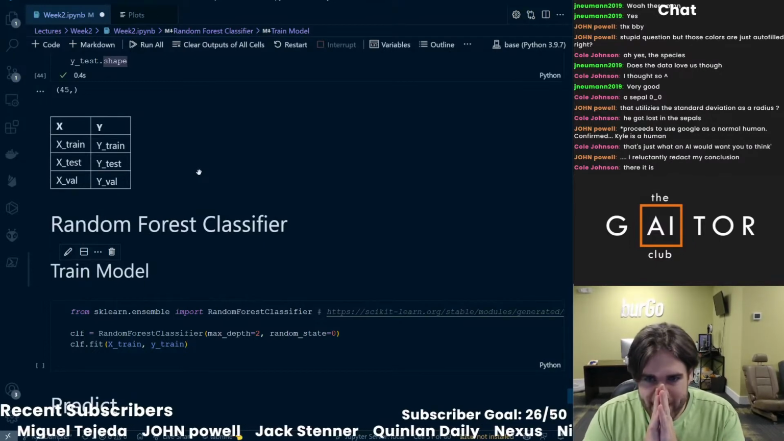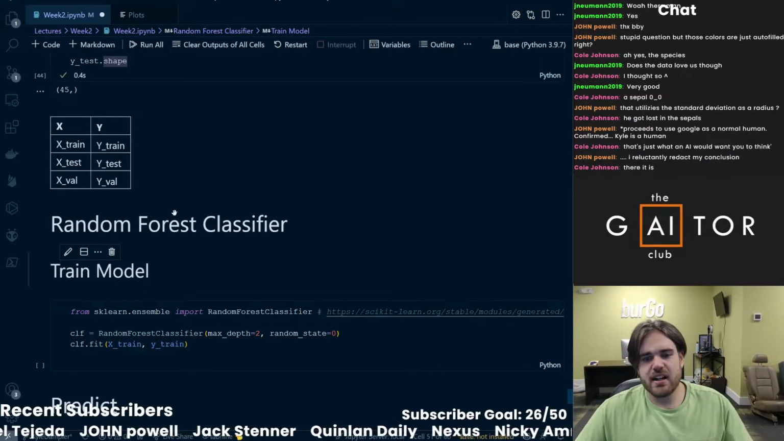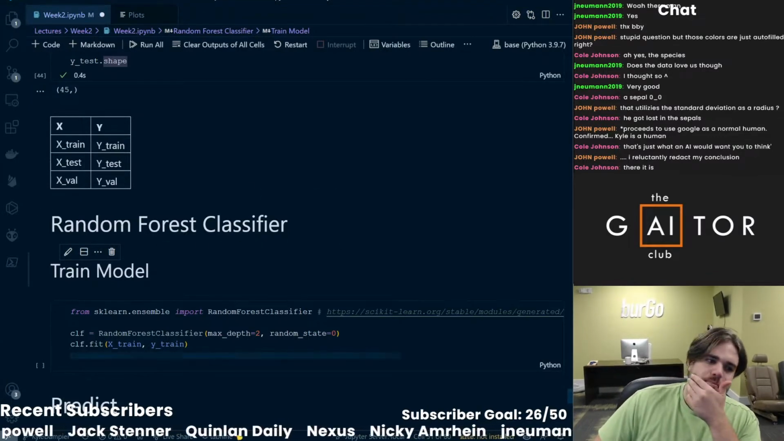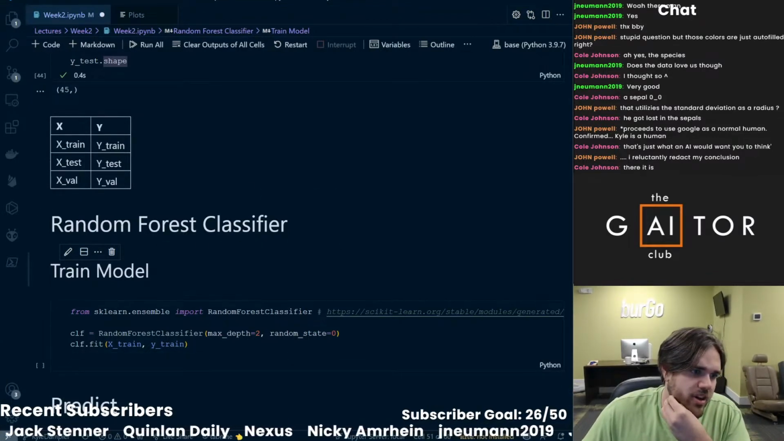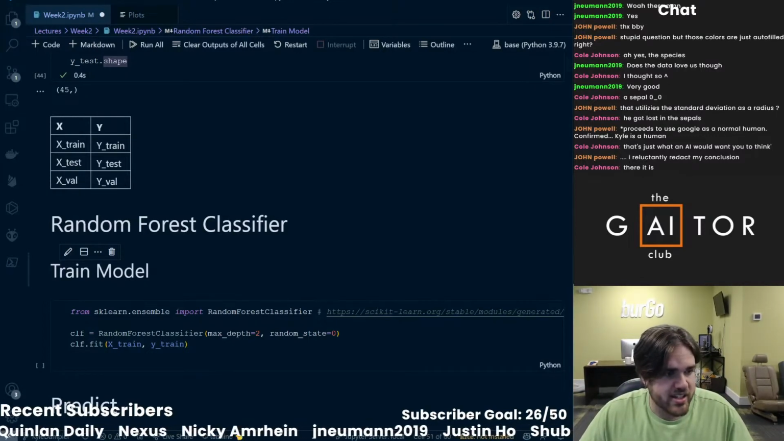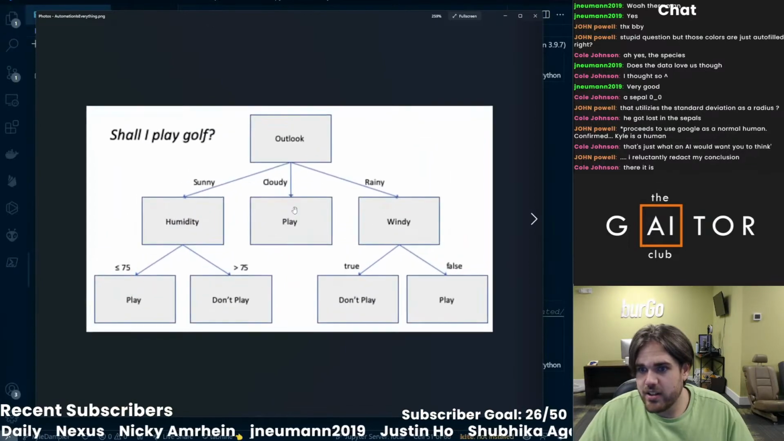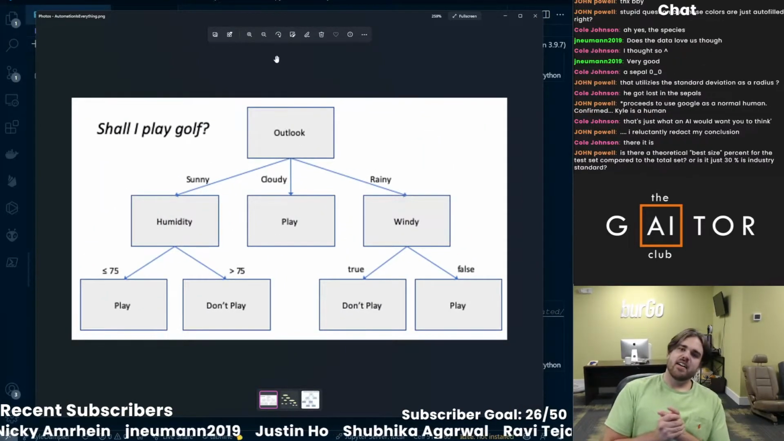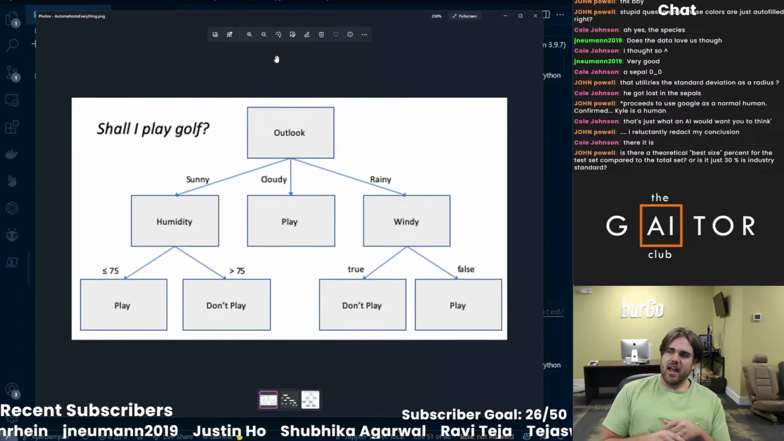Now, what is a random forest classifier? I have some pictures for you guys. A random forest is basically a forest of decision trees. And what is a decision tree, you guys ask? Well, a decision tree is a way for an AI to decide